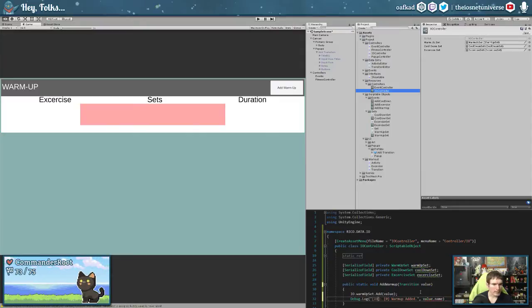String.format, value.name. And that's good. And then we come down here and we say cooldown added. And here, exercise added. Technically, this isn't always true. You could fail to add and this would still go off, but that already throws an error, and so I can track that still, which is totally fine. But the reason for these messages is just so that we know that these functions are actually triggering without breakpoints, which is nice.